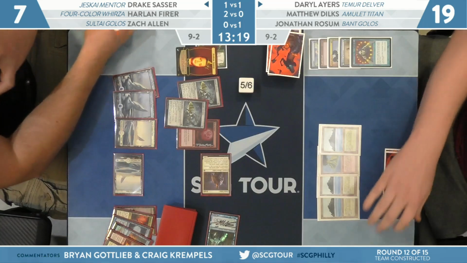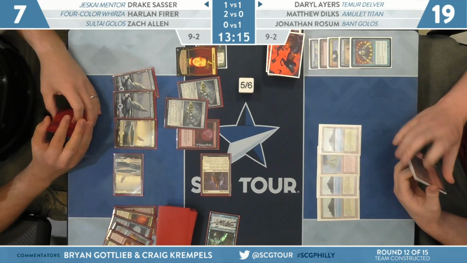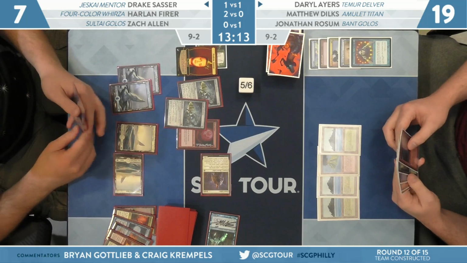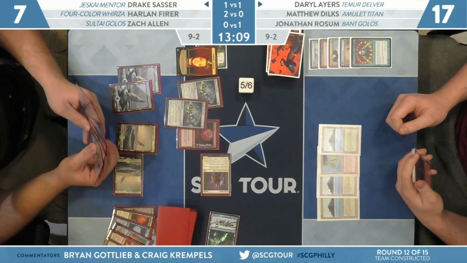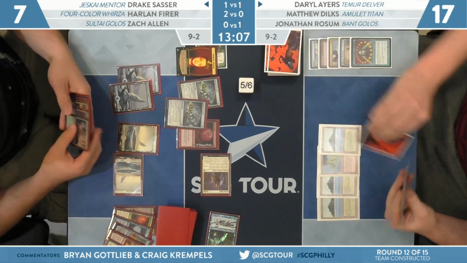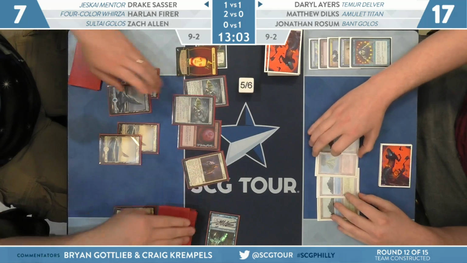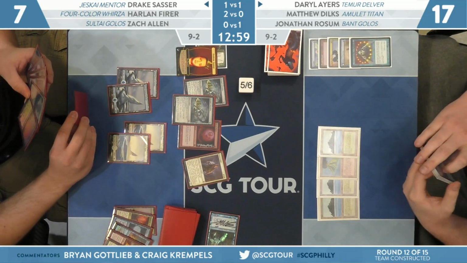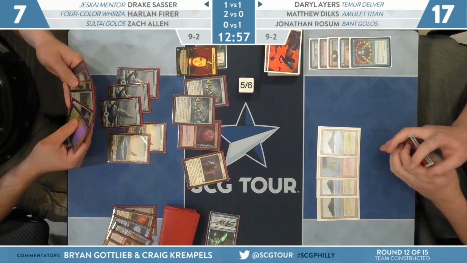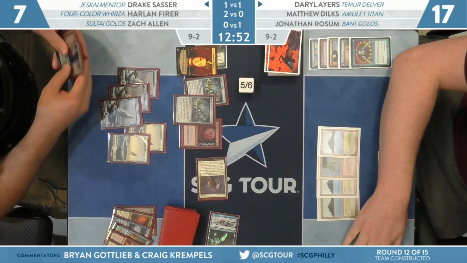This game has turned decidedly in favor of Drake Sasser. Ayers going to need a real miracle to get out of this spot. Can you win with only red spells? The answer's no. Answer's almost always no. I mean, sometimes, yeah, you can crawl across the finish line, but I think with Sasser's life total being at 7, Swords to Plowshares in hand,